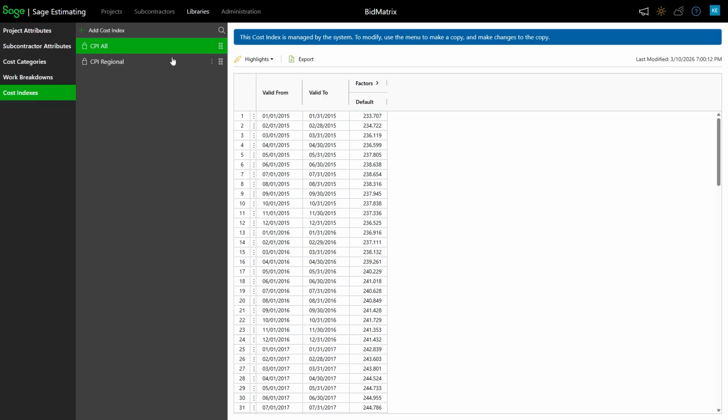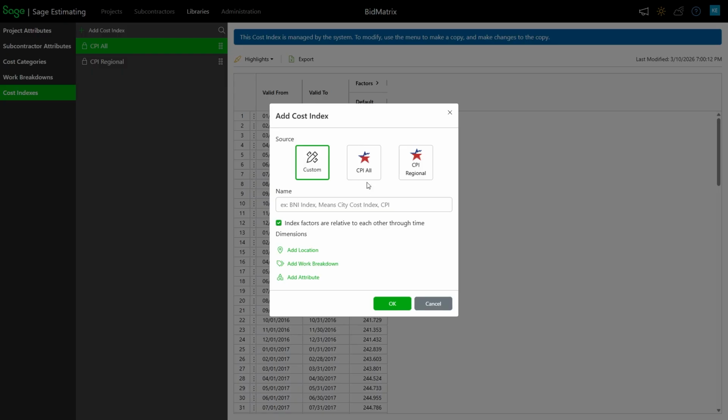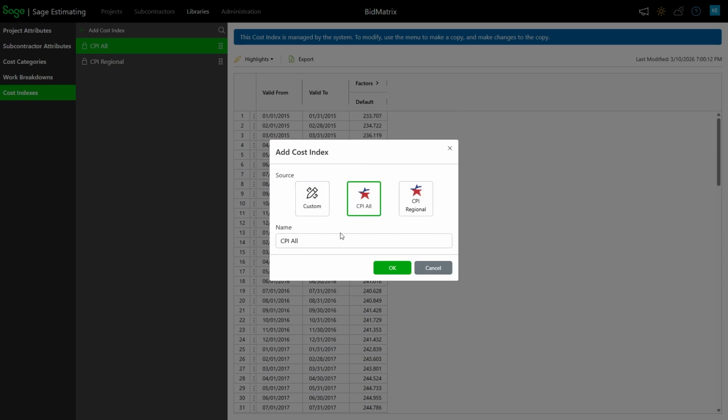Now, this one here is built into the system already. I could also hit add, and I could create any of my own. I could start with a particular CPI, or I could start with a custom one. When I create these, I could also make them regional. So if I create another one here, whoops, I've got to give it a name though.